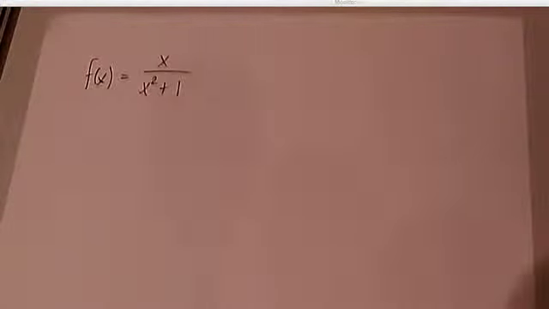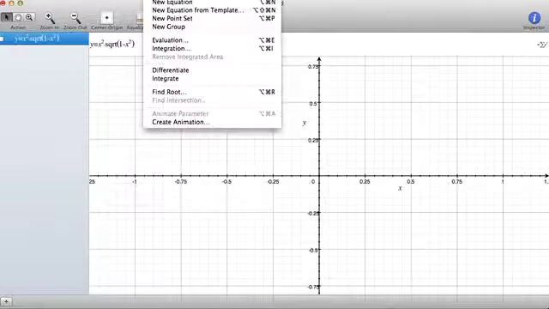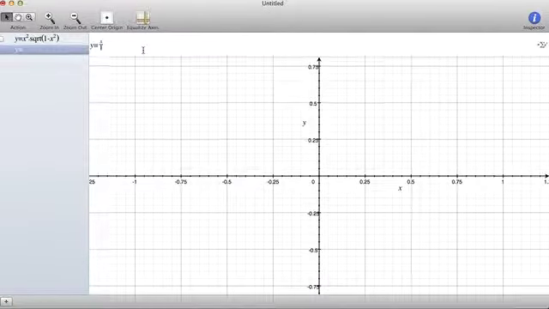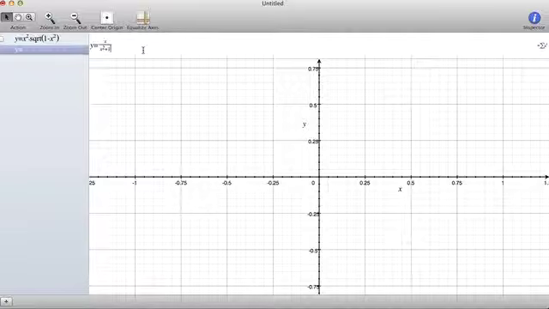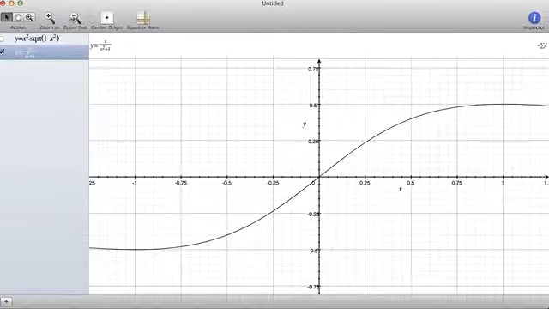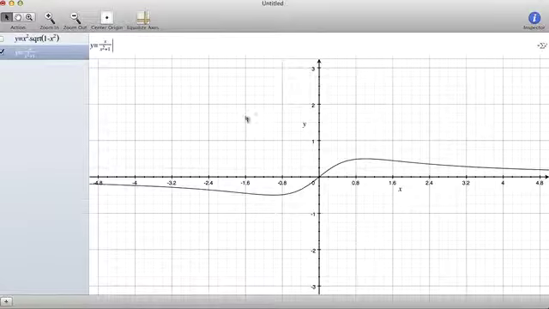Now, hopefully some of you will recognize this function. We've talked about it before. x over x squared plus 1. Now, if you're not remembering that particular function, let's go ahead and do a new equation. And you go x divided by x squared plus 1, and it looks something like that, right? It's called a serpentine function, okay? Because if you actually